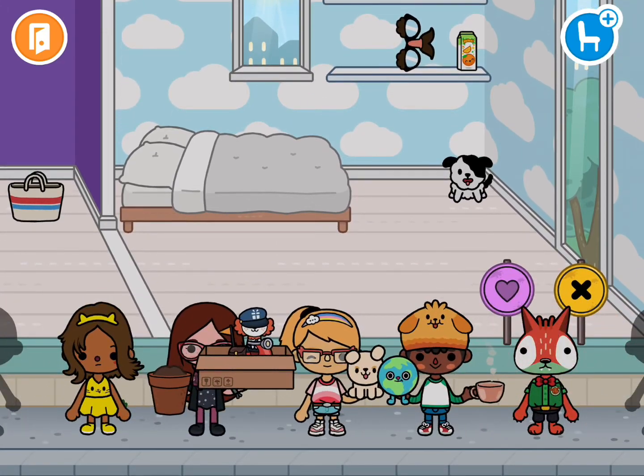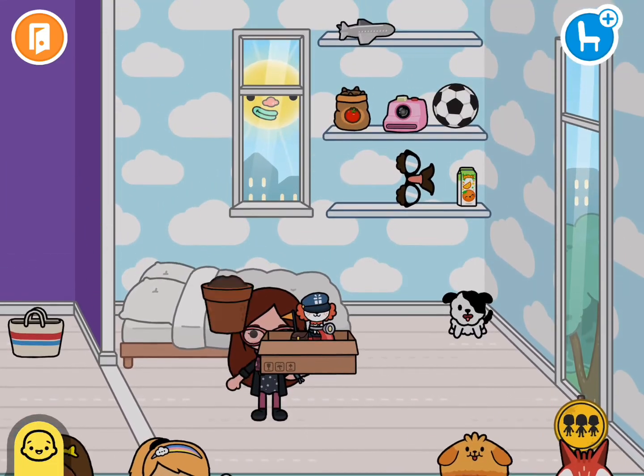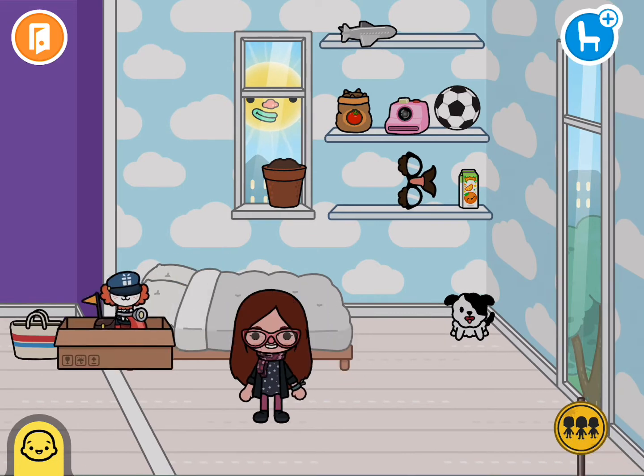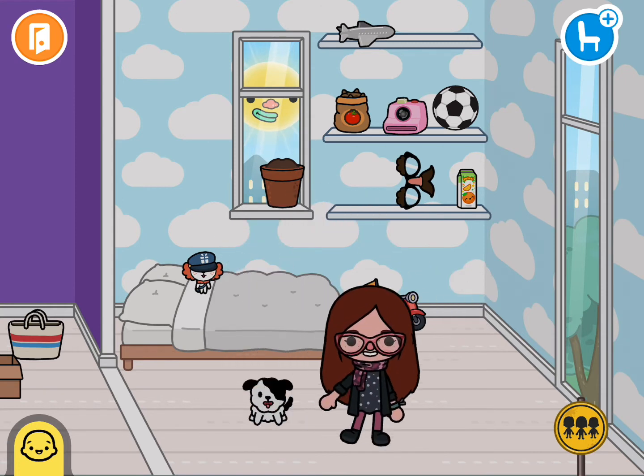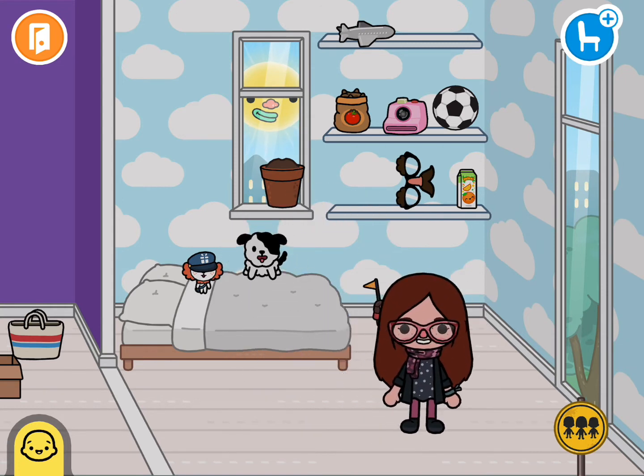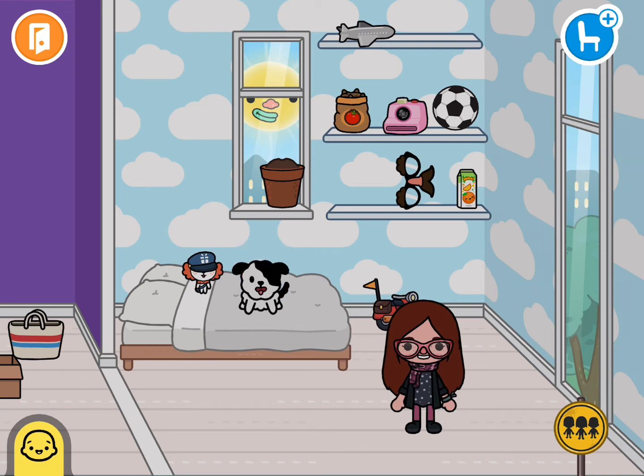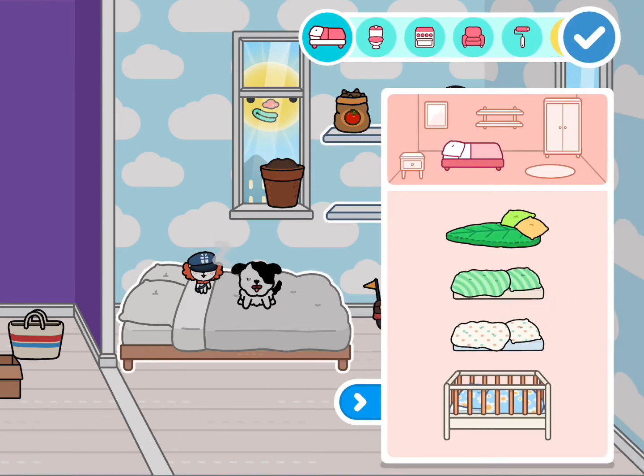I'm gonna pull back up Toca Miss Amy, pull out the pot and Snippet with his scooter, and put Snippet and the dog in the bed. Oops, just missed the spot. Let me pick him back up again and put him right in the center. And now you can see that he's actually sleeping. His eyes are closed, and some little Z's will start to come out of his face to show that he's sleeping. And I just missed it before, but I can always pick him up again.